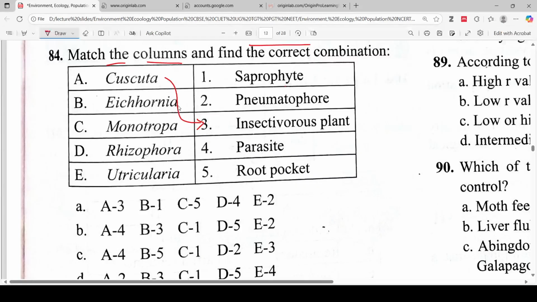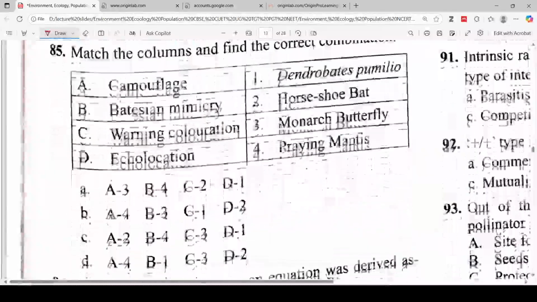B, match with option A, saprophyte, and C, match with pocket root, and rhizophore match with parasite, and utricularia match with nematophore. So the correct answer will be option A. Next question,